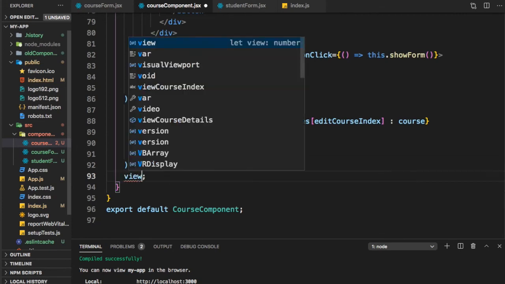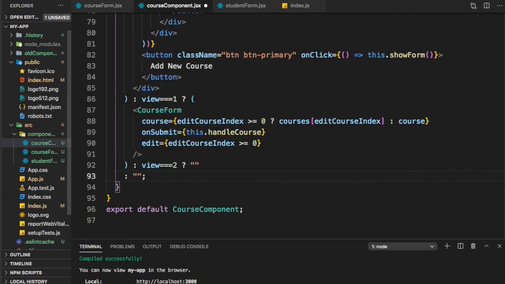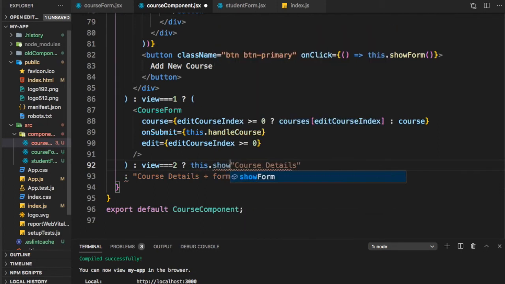And then we said there is a view, otherwise we show something else. So what do we show here? We show course details, and here we show course details plus form. So now we need to implement it. So let me here say we will call a function this.showCourseDetails.